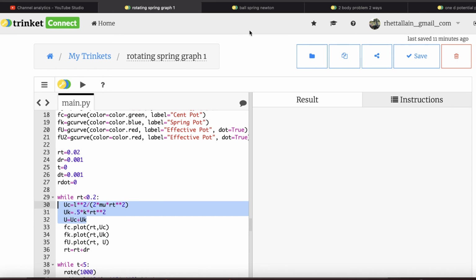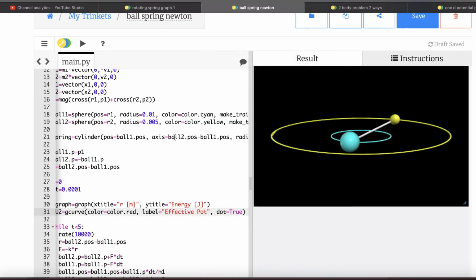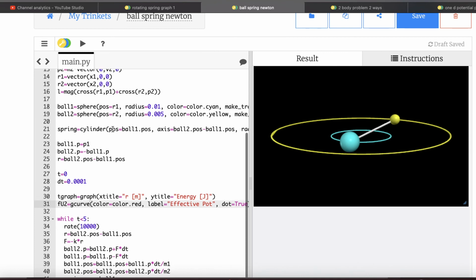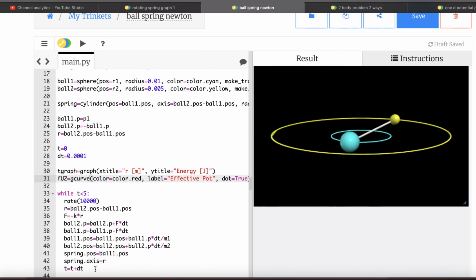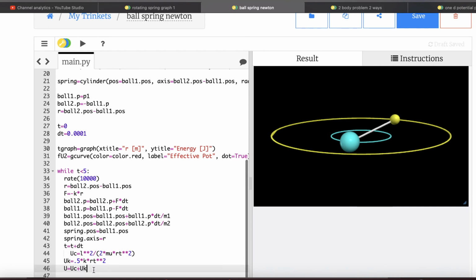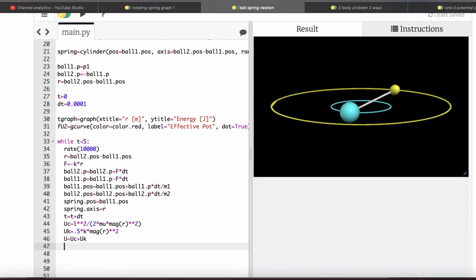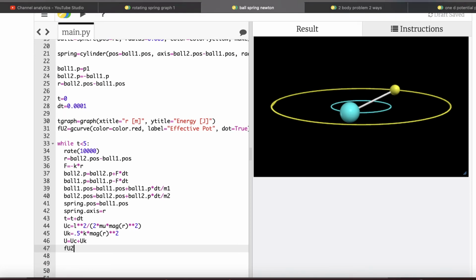Which I didn't calculate L. Oh, I did calculate L. Is L in there? Yes, it's there. Okay. So now down here, I'm going to add this in. And I have to fix this. So this is L. That's fine. Mu is there. RT should be R. And I am actually going to use mag R, right? Because I'm using R as a vector, so I have to take the magnitude of it. And same thing over here, mag R. And then that's fine. And then I can plot fu2.plot mag R,